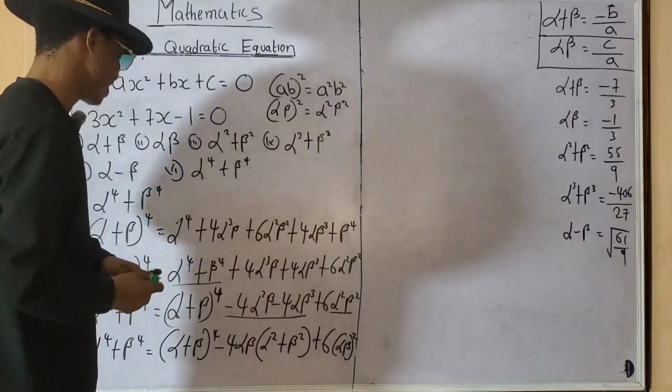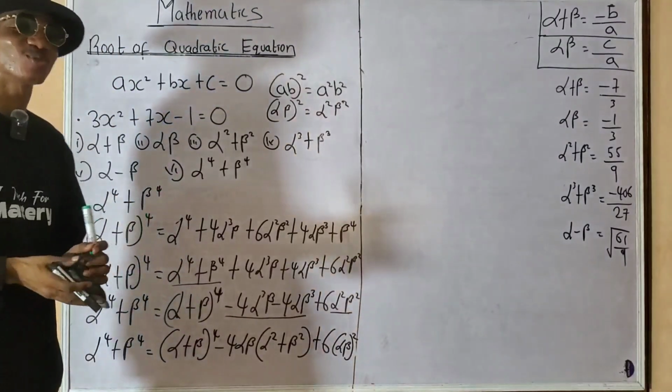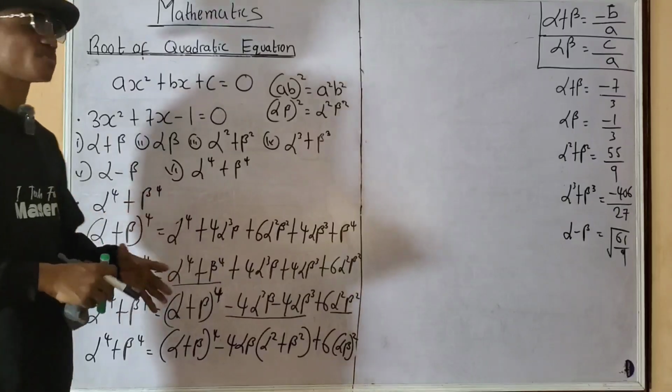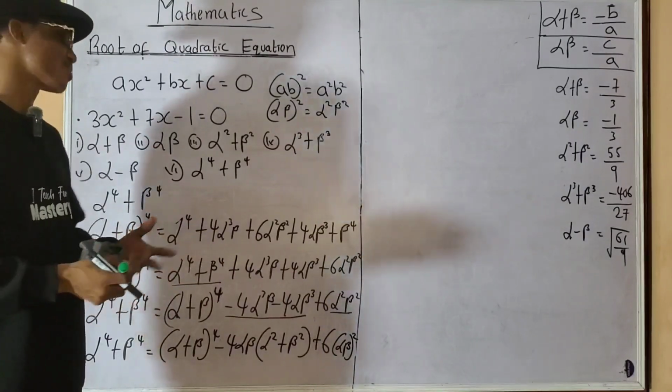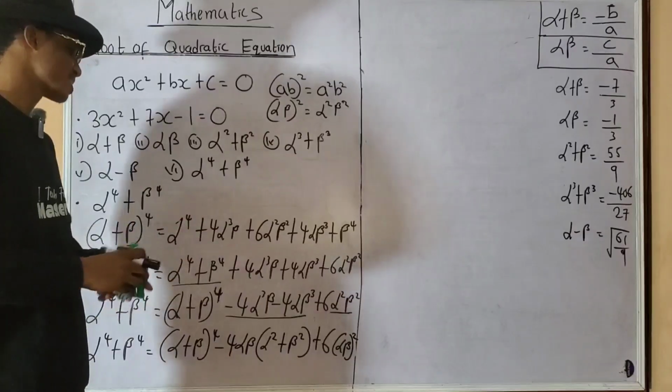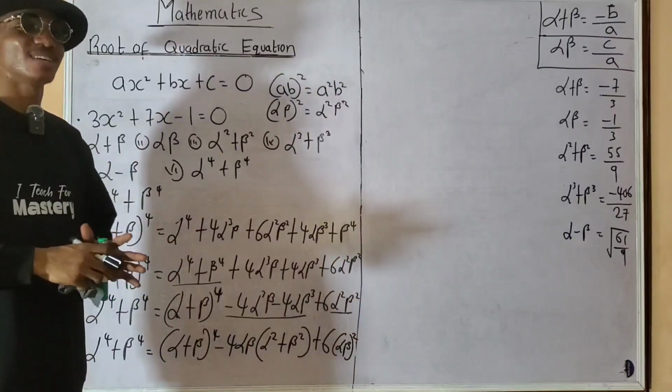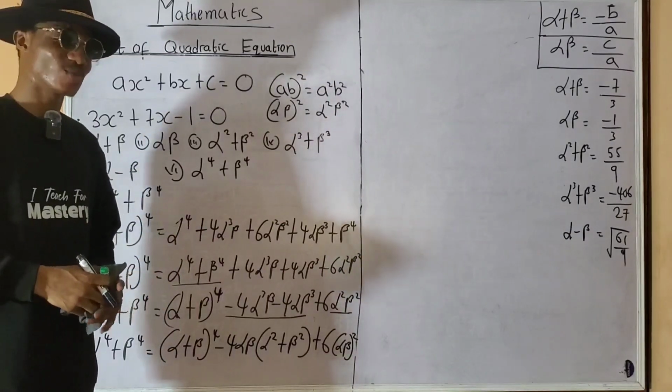Okay. You can see that when it comes to roots of quadratic equation, you have to be able to factorize, especially when you are dealing with it in the theory section. If it is objective, this kind might not come out, depending on the exam. Are you getting it? So